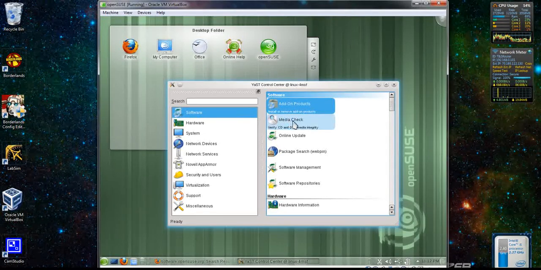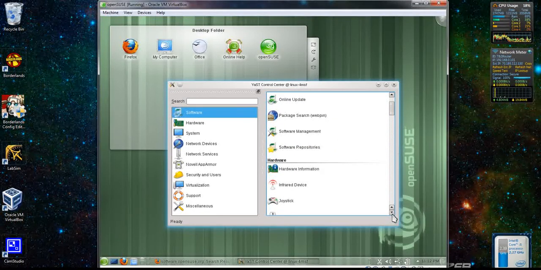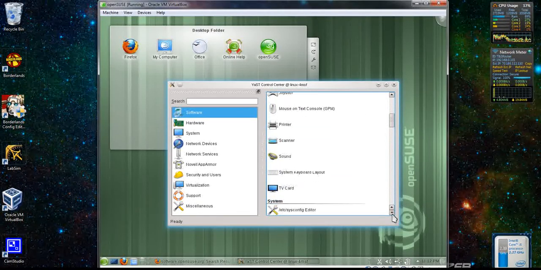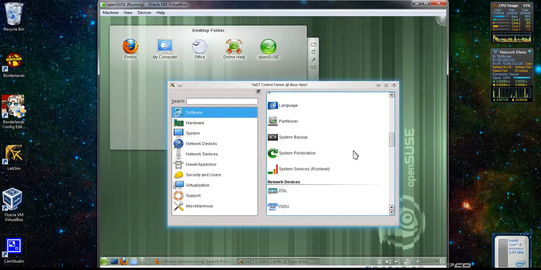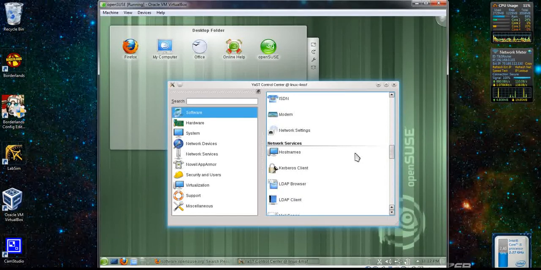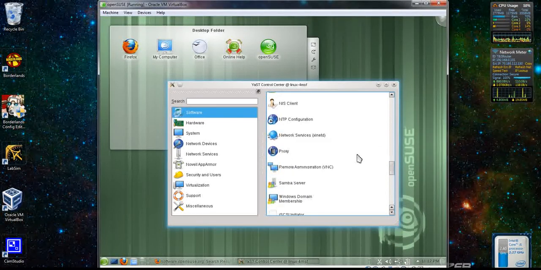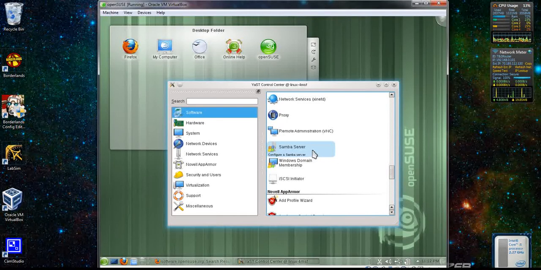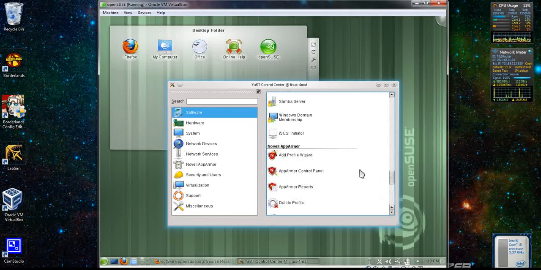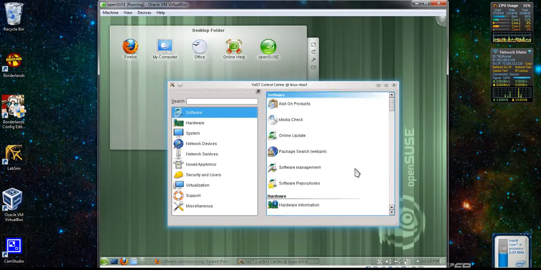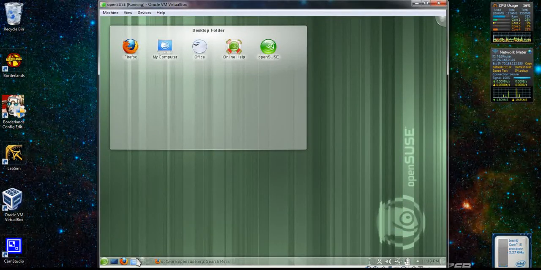Yeah, see, I can update or add on products, add new products, check out the different software repositories that are available to openSUSE. I can set up backup. There is different services. I can set up servers from here. Firewall settings. Very powerful tool. And really that's about it for my first